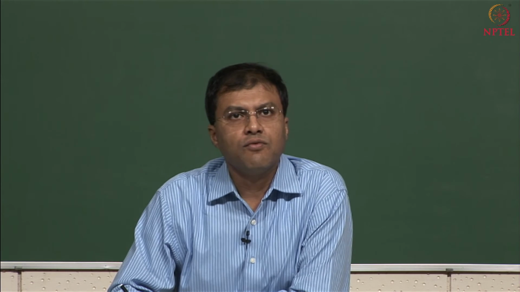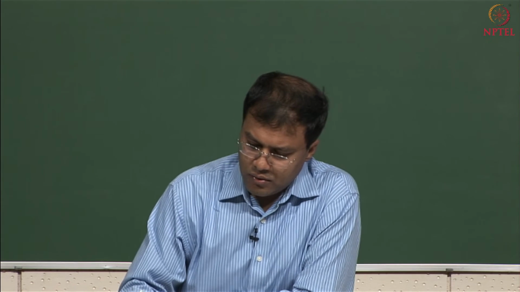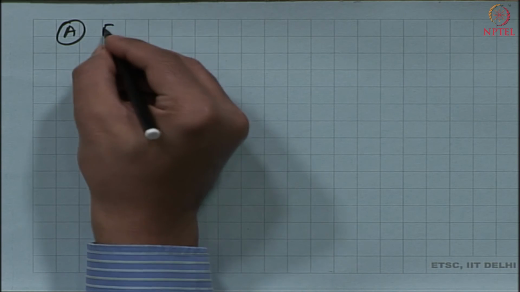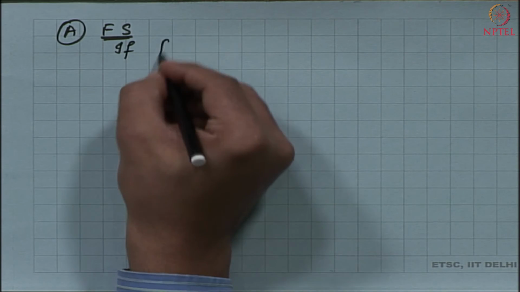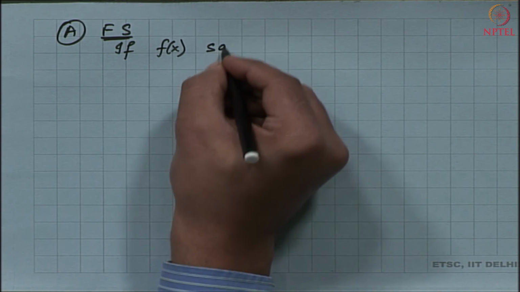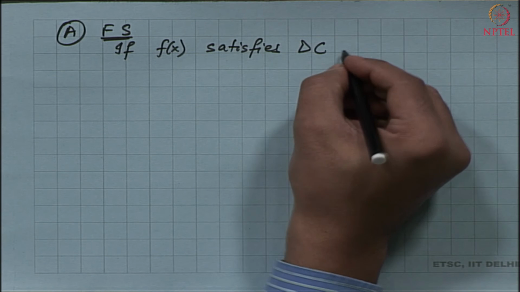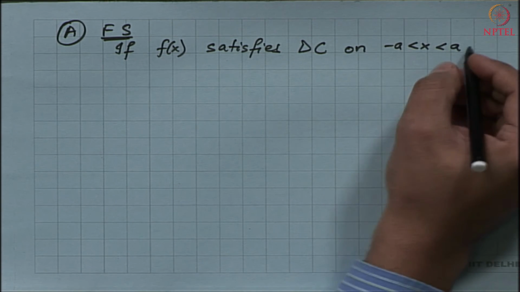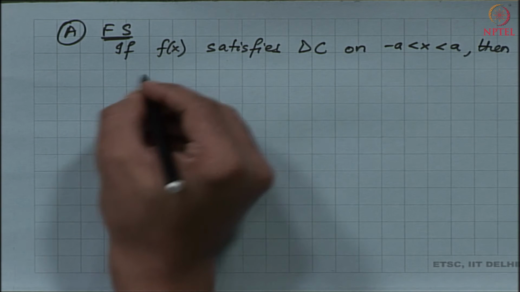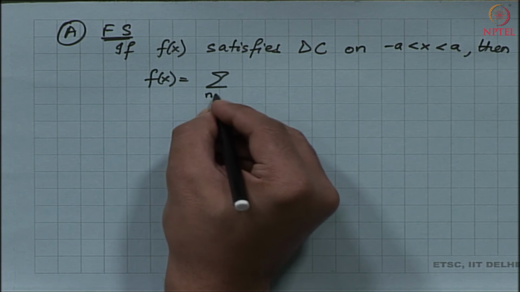So, in this module I am going to start with the definition of Fourier series and the definition of Fourier transform. So, Fourier series. If I have my function f which satisfies Dirichlet condition on the interval from negative a to a, then f can be written as the following: